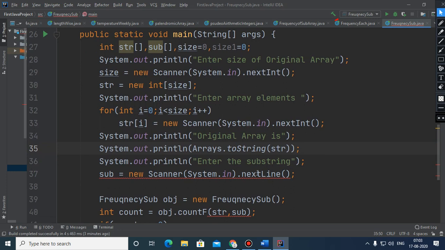And now we need to input the size of the second array.